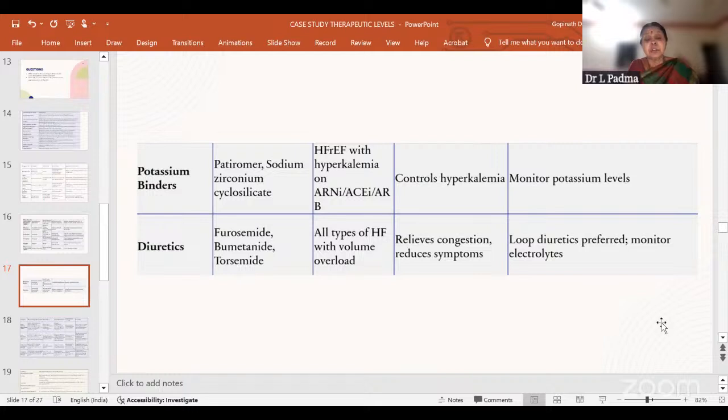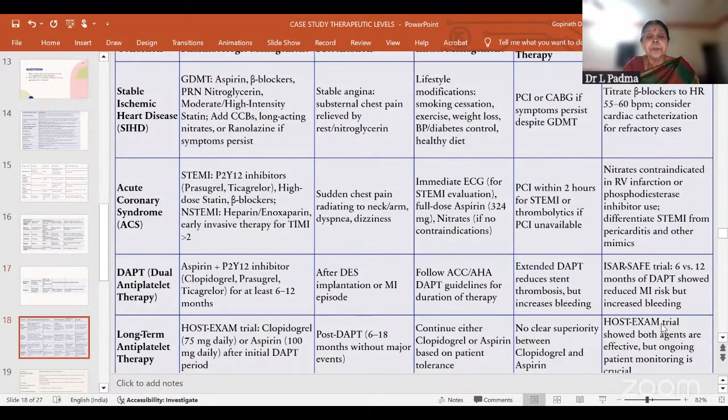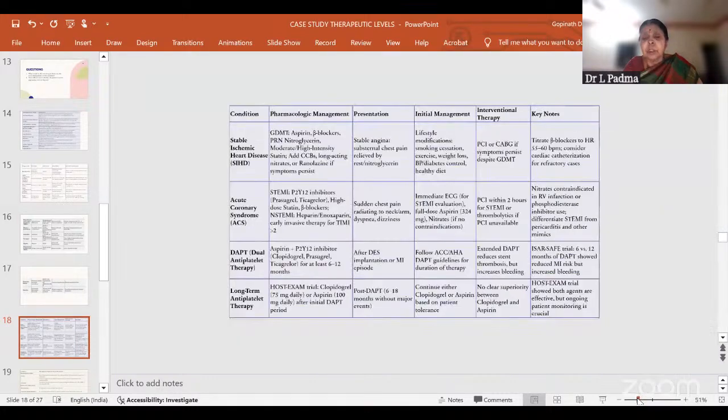And diuretics, most often nowadays, we are using torsemide, but in ICU, furosemide is the drug of choice, which can relieve congestion, reduce symptoms, and in acute cases, whenever there is pulmonary edema also. So now, coming to the conditions, we see so many conditions, but what really can we administer? Okay, so in such cases,